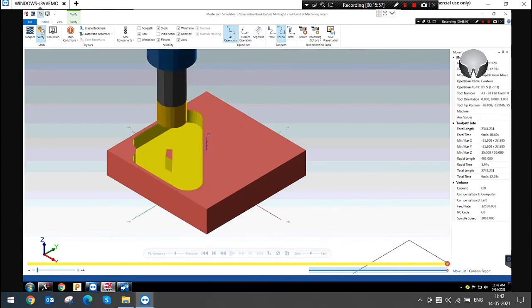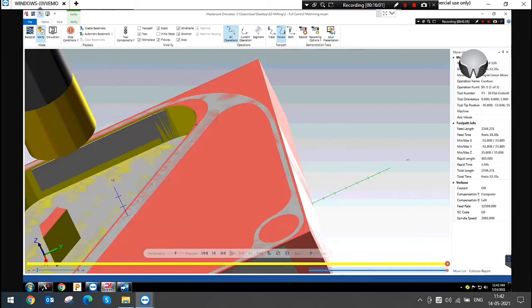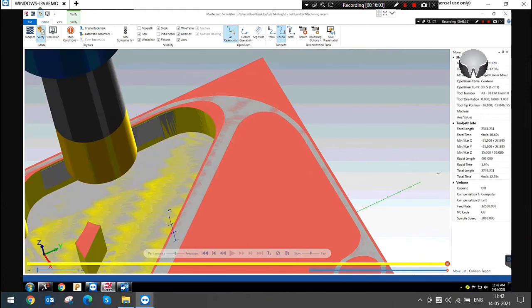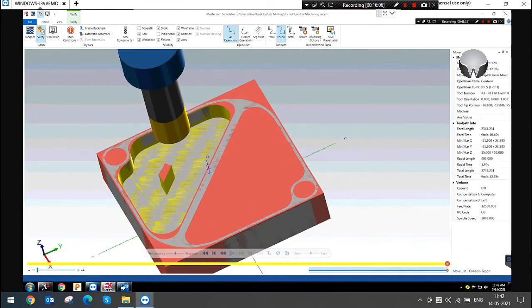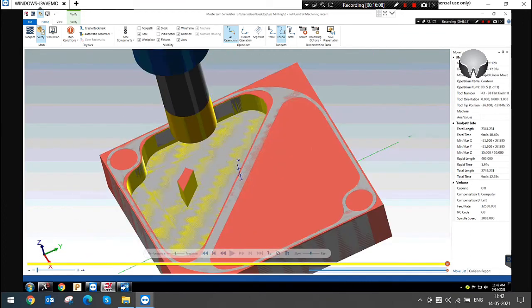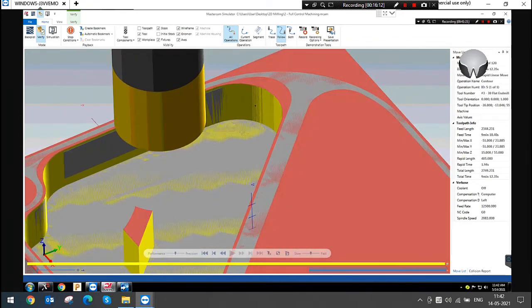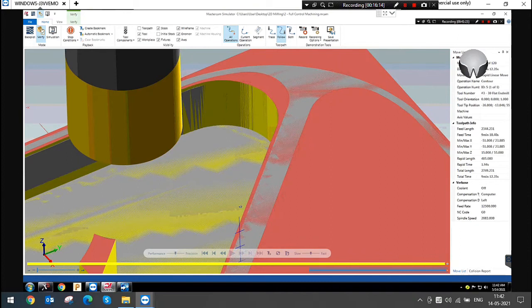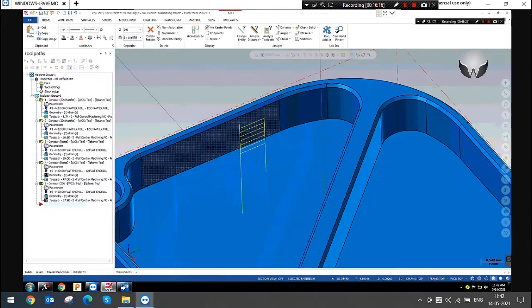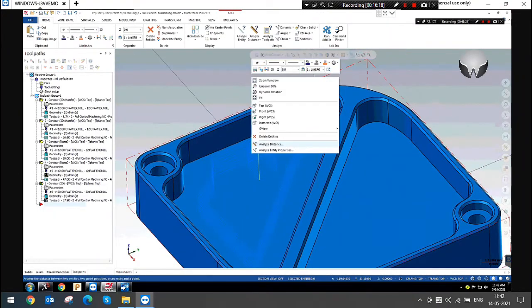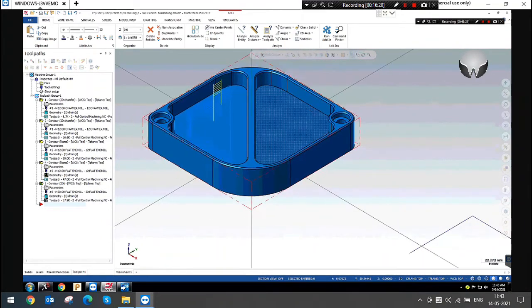Here you can see, I am just enabling the workpiece. There is stock here. This area has stock, this also has stock. The gray color is the workpiece. So how to remove the leftover stock only: by doing a remachining operation.